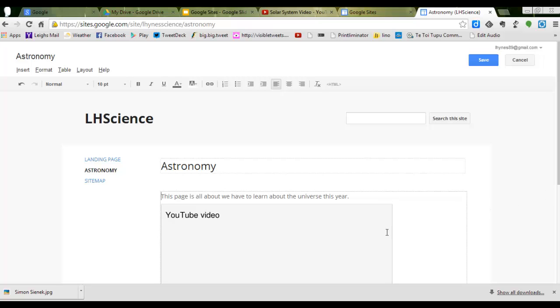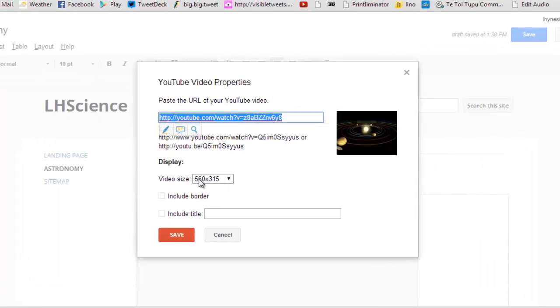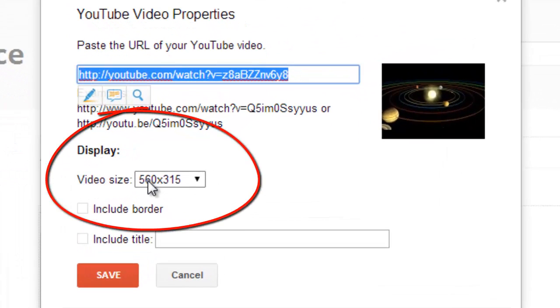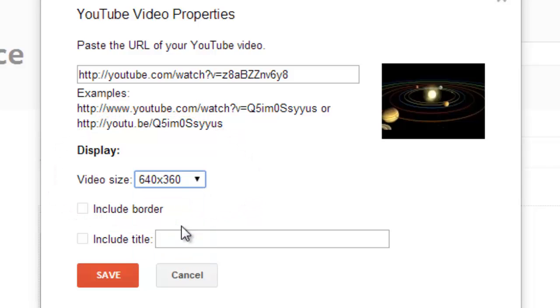So I can actually click on that, go back to the settings, and you can see the video size is there, and I might try and make it bigger, say about 640. Might even include a border and maybe even include this title which says the solar system. I'll pop that in there